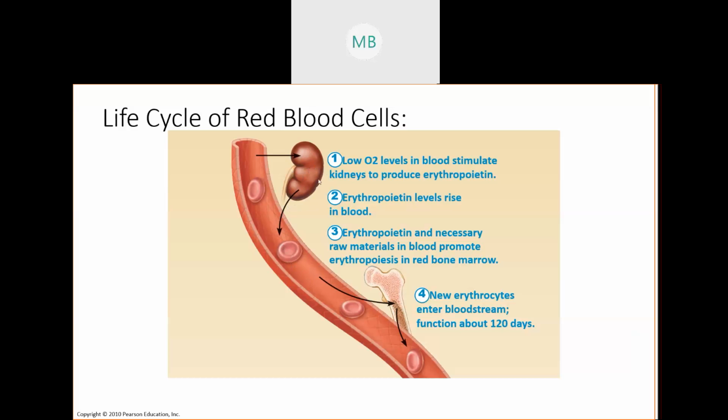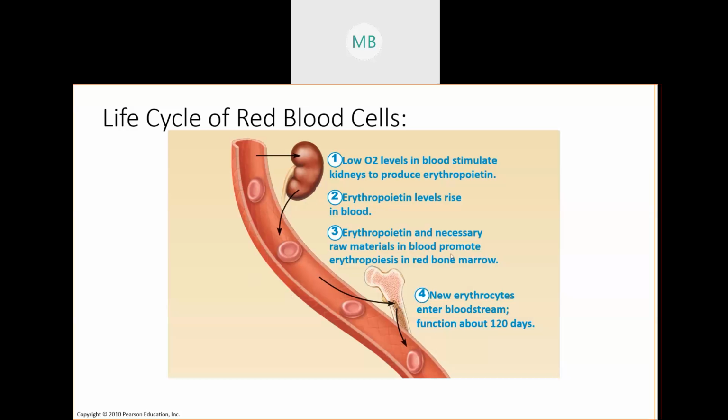And as your kidneys keep detecting that you have a low red blood cell count, they make more erythropoietin, and it builds up in your bloodstream. Erythropoietin levels are going to rise within your blood. When the erythropoietin levels are high enough and they reach your bones, right? Erythropoietin and necessary materials that make blood cells are going to end up being